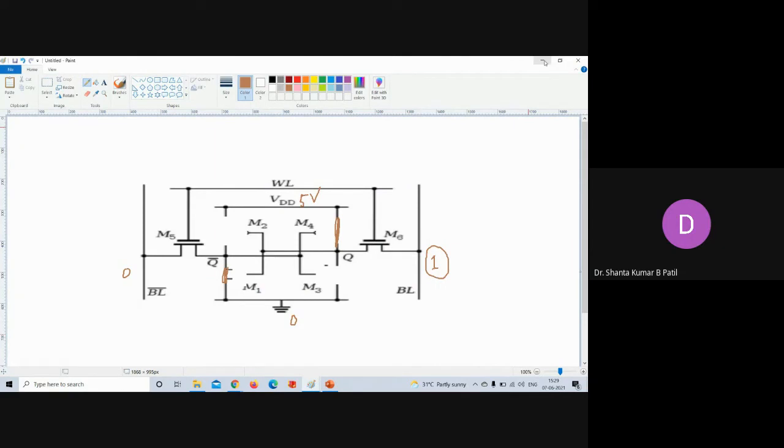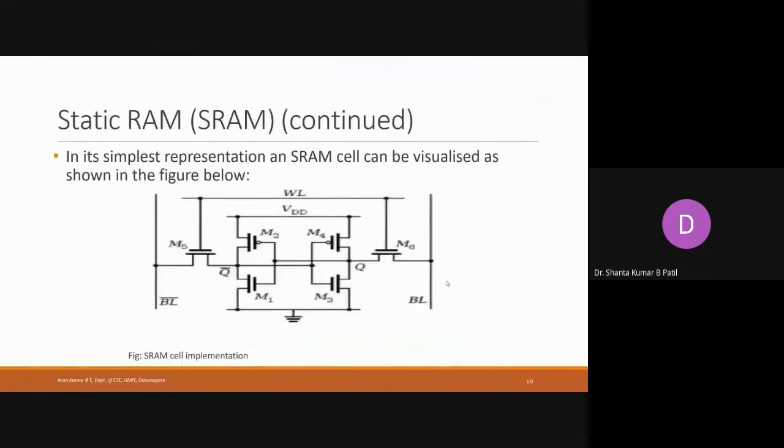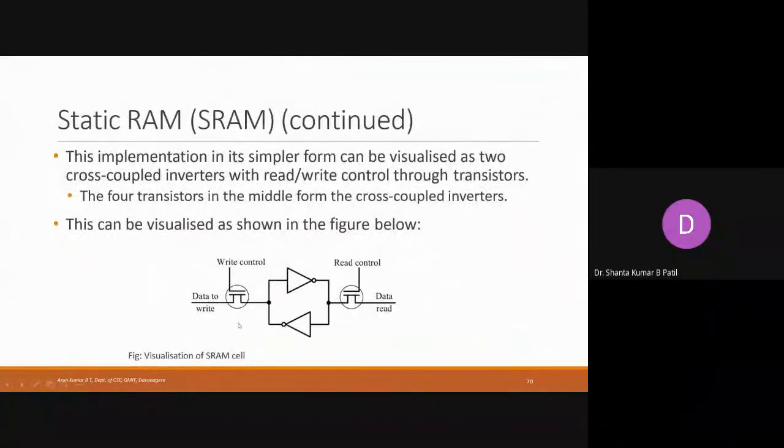Okay, so there is another type of static cell. Here also, this line is connected to the address lines, and these lines are connected to the data lines. So here they complement each other. If this is a BL and this is a BL complement, if BL is 1, you can see 1 is converted to 0, and 0 is again converted to 1.